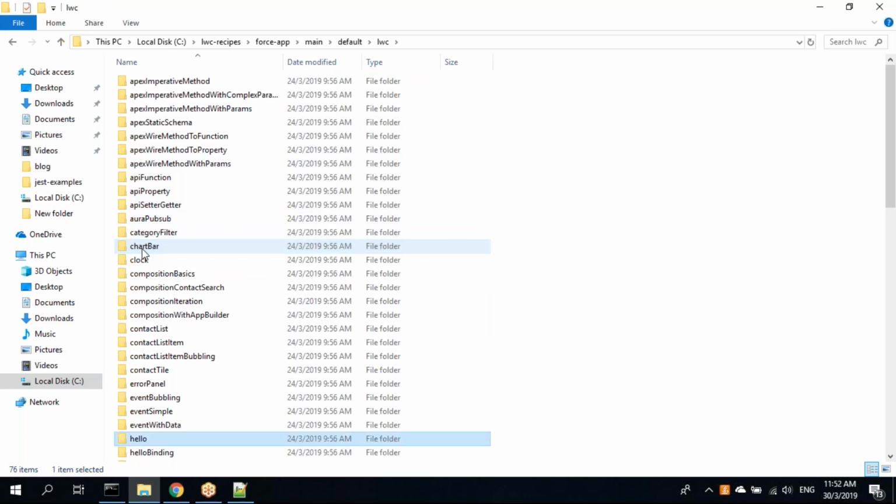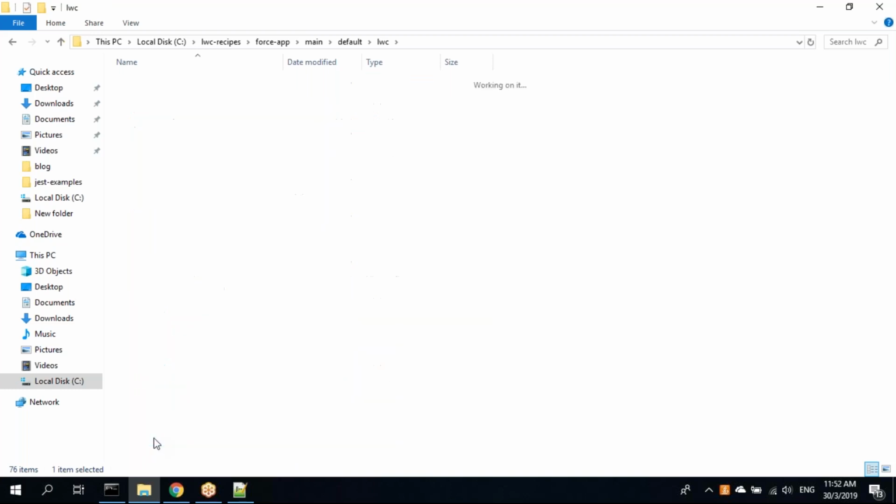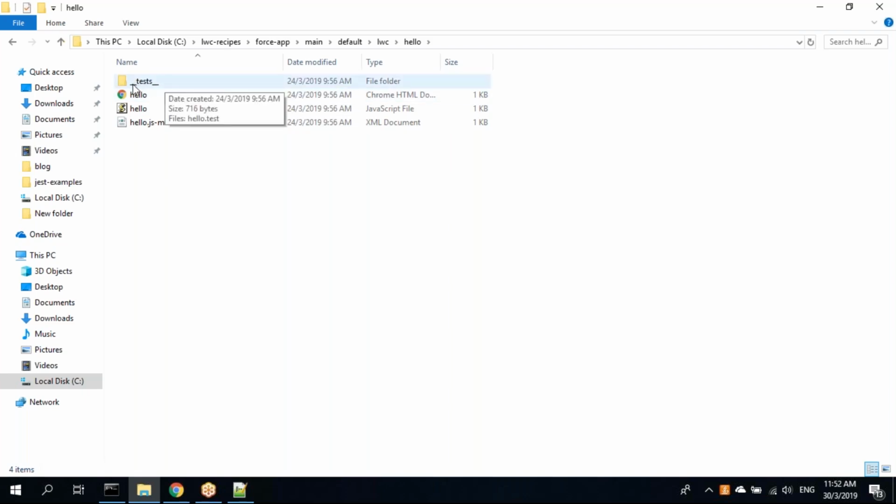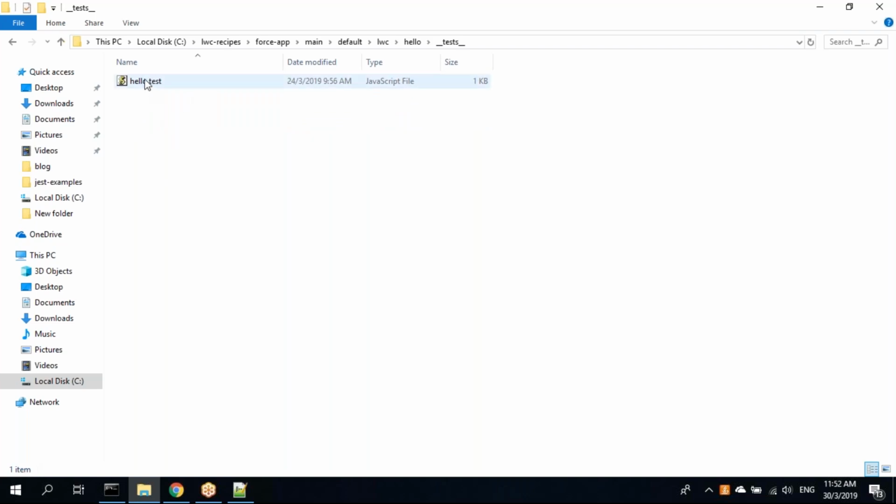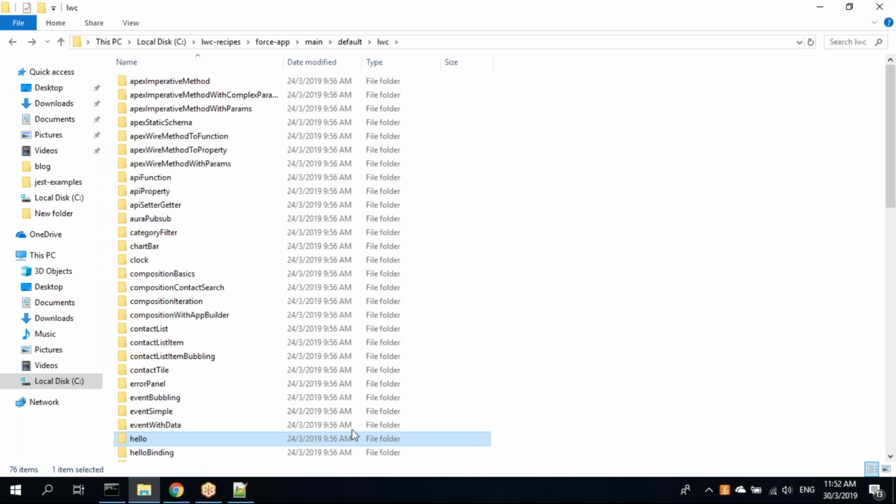A hello world component. Where is that hello world? So our project structure we know. You have to manually write this kind of file, double underscore test double underscore, like this. So you manually write it and inside it you have to place your test. Fine. So let's copy, I'm just copy pasting these